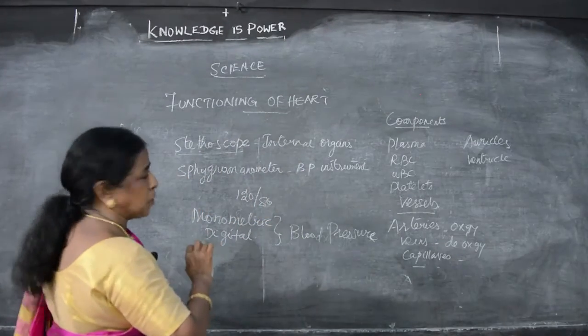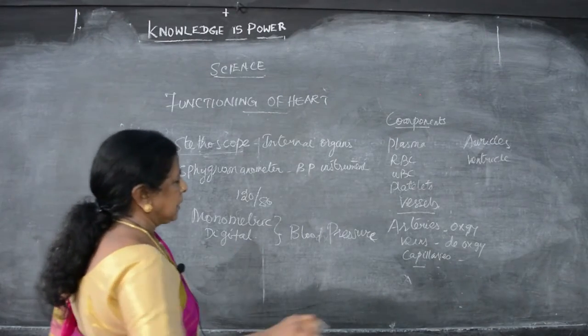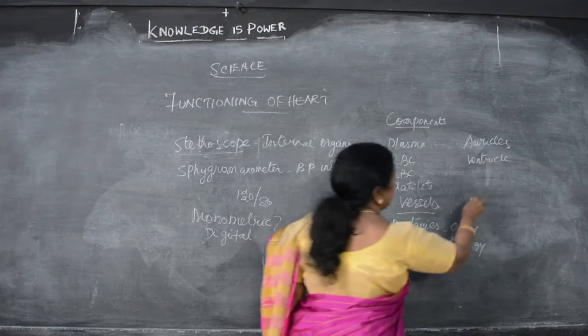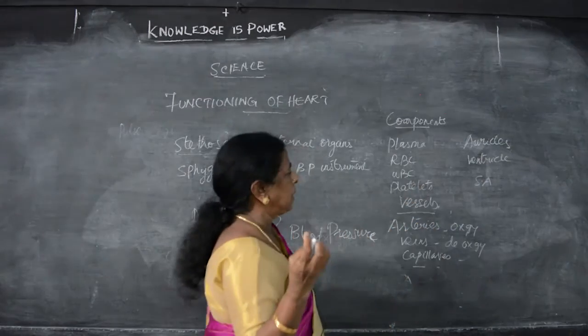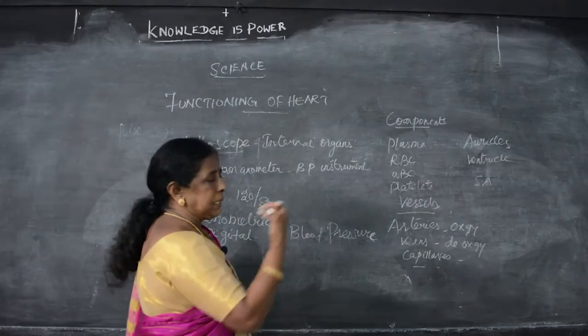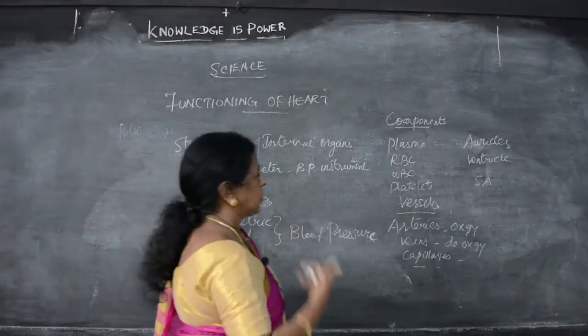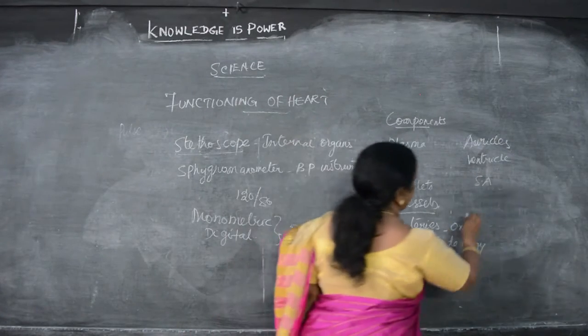Okay, this is the structure of the heart, its functioning and how blood is circulated. The sino-auricular node is very important. It plays an important role in the circulation of blood. The opening and closing of the heart, that is how the blood enters from auricle to ventricle, ventricle to auricle, produces a sound. That sound is known as what? Heartbeat.